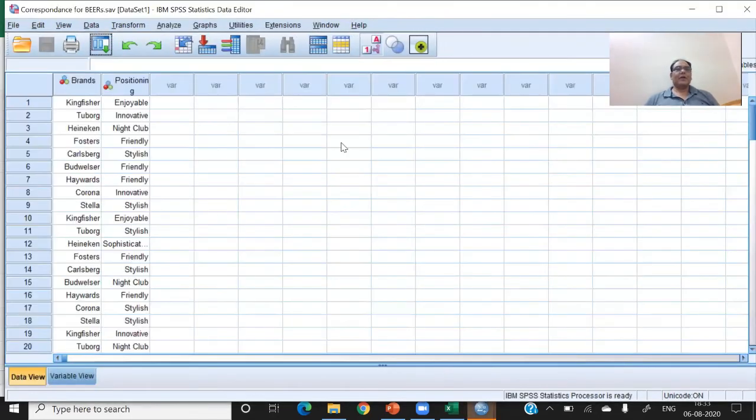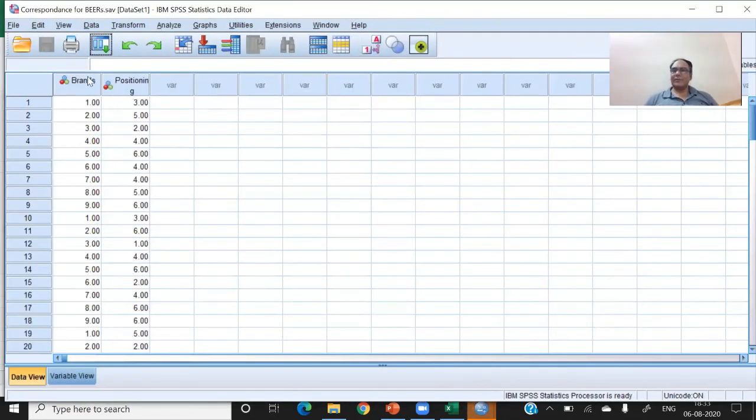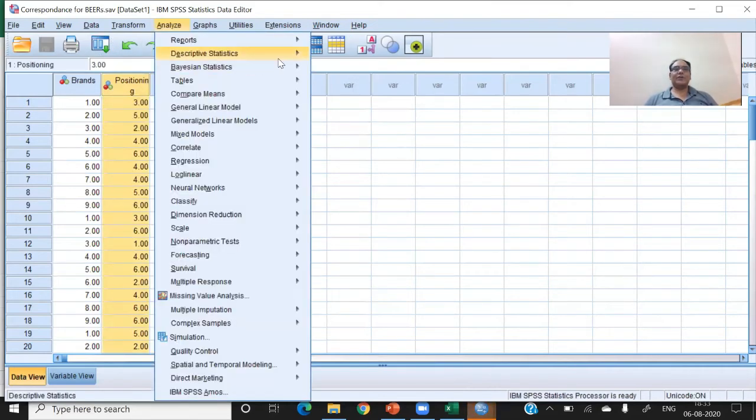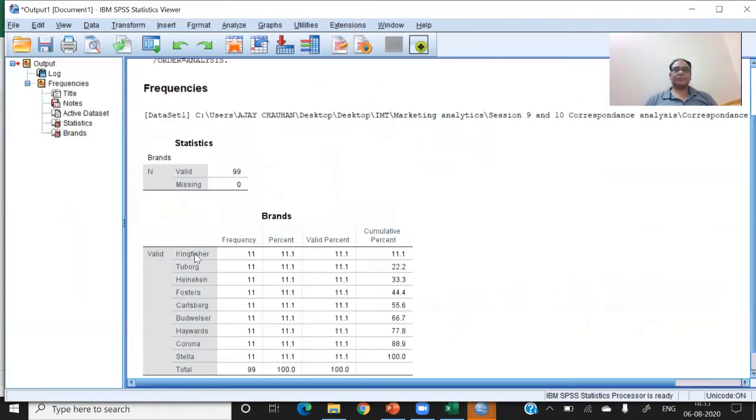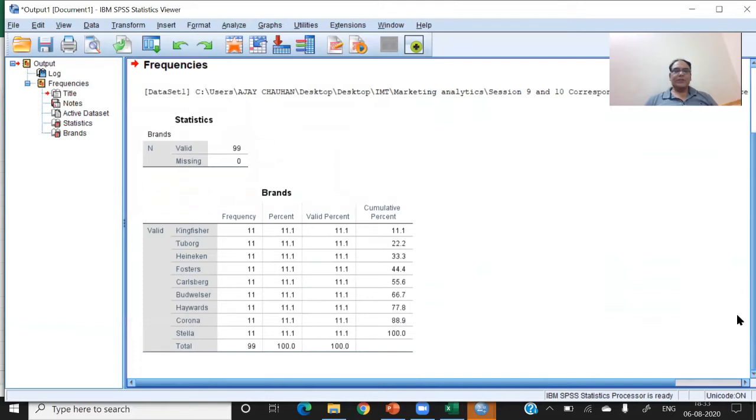Yeah. So you can see that we are having the brands and we are having the positioning. So let me find out the frequency of the brands first. In this case, these are the names of different brands like Kingfisher, Tuborg, Heineken, Foster, Carlsberg, Budweiser.